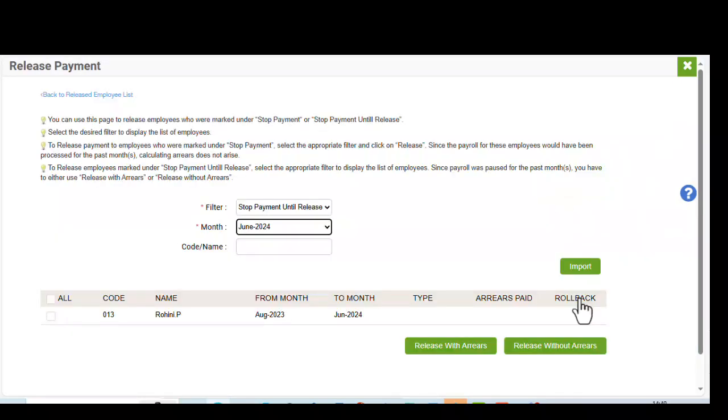If you want to revoke the release, you can select the employee and click Rollback. Once you confirm the rollback, the release action will be revoked and the employee will again be reflected in the